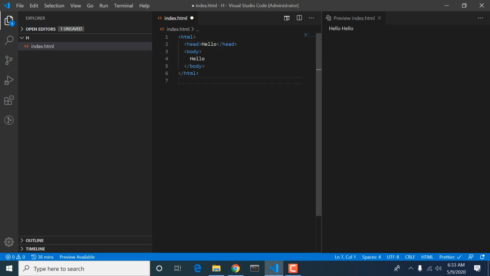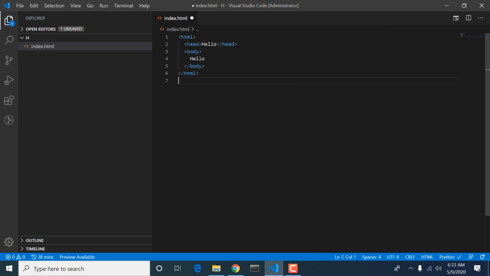This means that we have made a change and not saved the code at this time. When we press Ctrl+S, the white circle disappears. It means our code is saved.